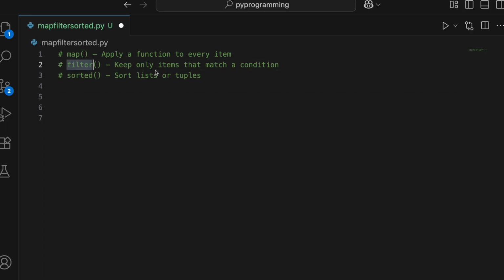The filter method keeps only items that match a condition. So basically this method is going to check a condition for each and every item of a list, and this is going to return true or false. So let's take an example. I'll write a function which is going to return either true or false. Let's name it is_even, and here this will be our parameter, the number, and we want to return either true or false. So we'll check if the number is even or not. x modulo 2, if there is no remainder, then the number is even. So this function is going to return either true or false. If it returns true, that means the number is even, and if it returns false, that means the number is odd.